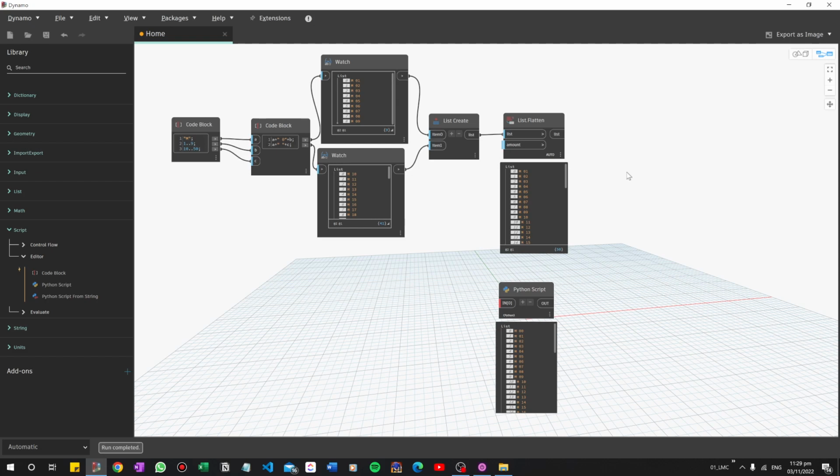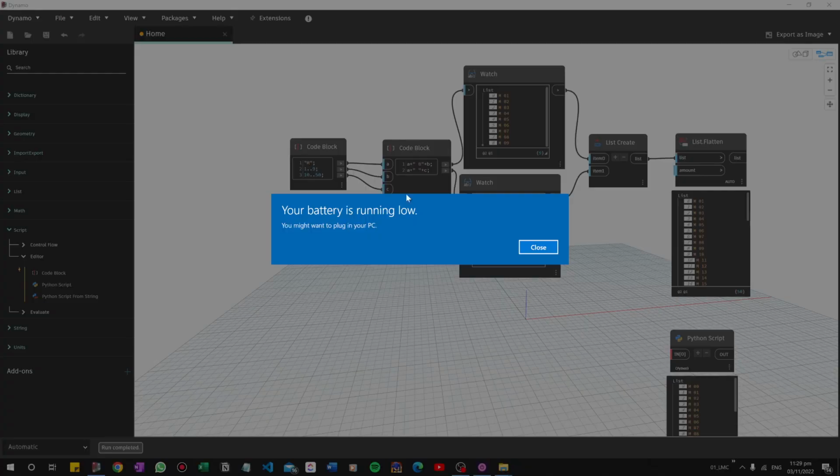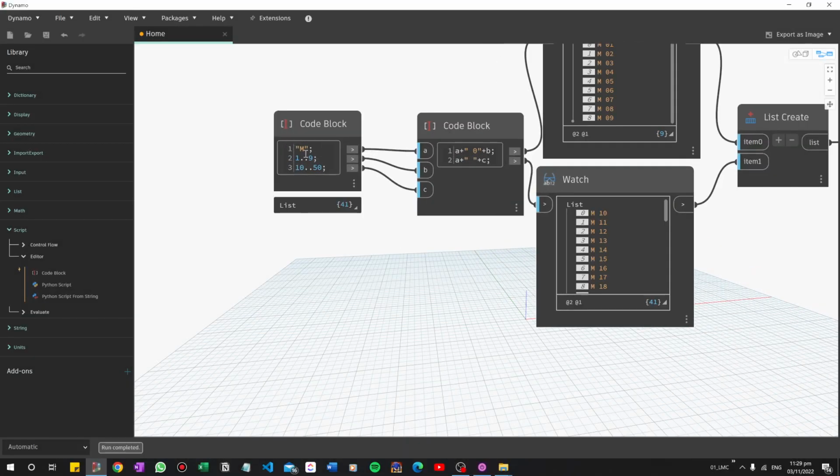In this tutorial I'm going to show you an exercise that I made a few days ago when I had to make a combination of a string and a number. For instance, here I have let's say a layer or a name, or doesn't matter,